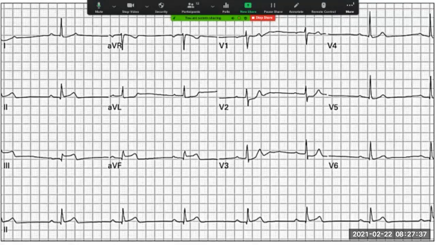So let's look at V1 and let's look at V2. What do we see there? Now this is the septum, all right? Especially here, what do we notice? This was an elevation, this is a depression, very good, Shane. So that's an ST depression. We've got an ST depression, oh, we're in V3 and V4. What do we see?